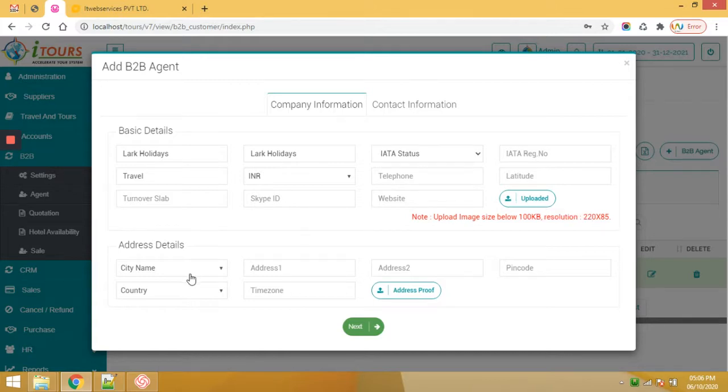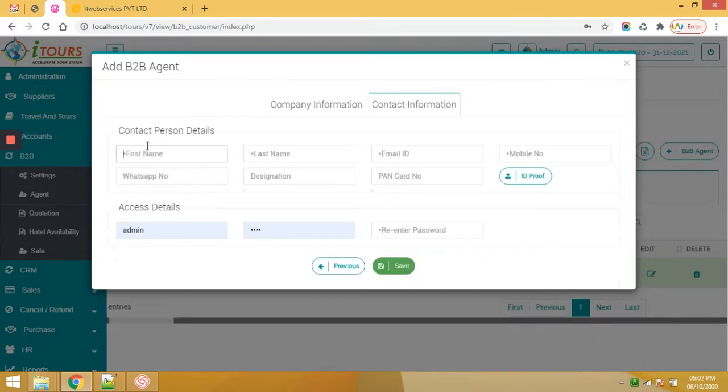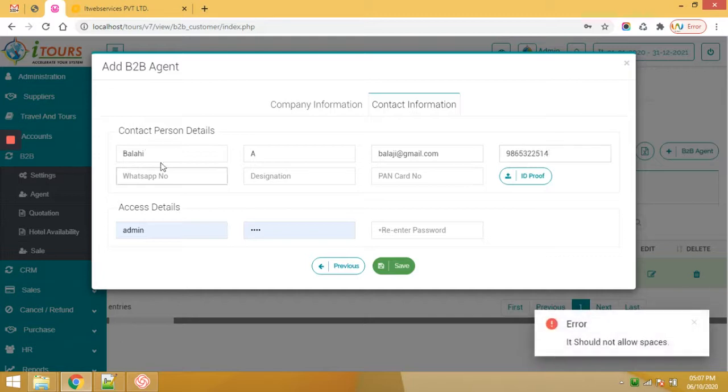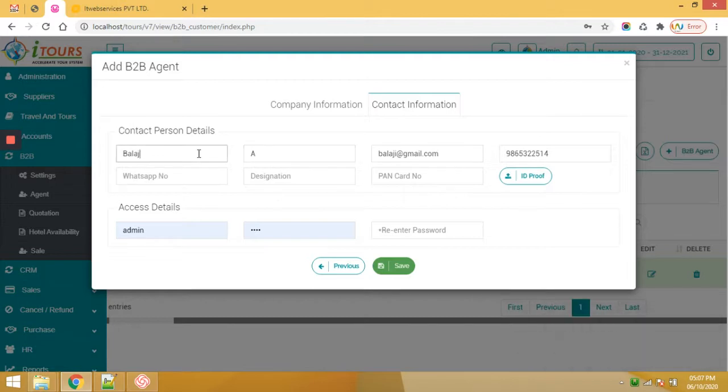City, address details, pin code, country, address proof. Next, here we can define the concerned person details, and their individual username and password.